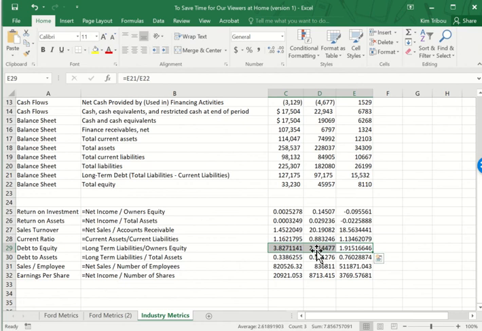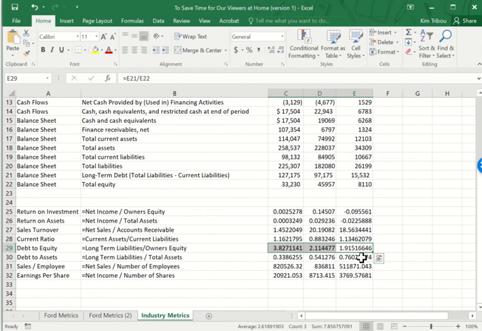GM has debt almost more than twice its equity, and Tesla has debt almost twice its equity, all of which indicates that companies in the automotive industry are heavily reliant on debt, but at the same time, Ford is higher than either of them. And then if we were to look at the ratio of total liabilities to total assets,